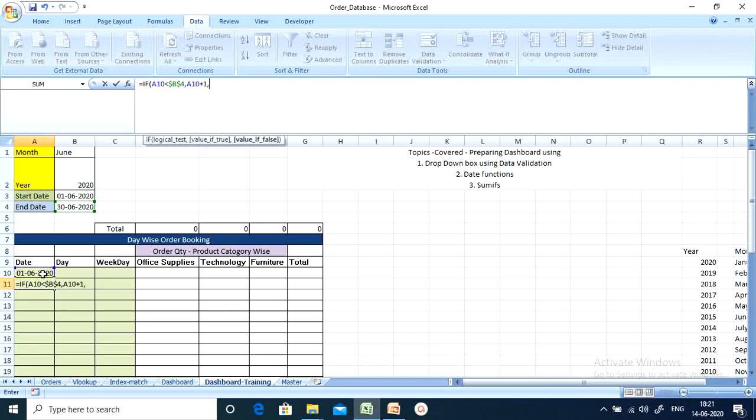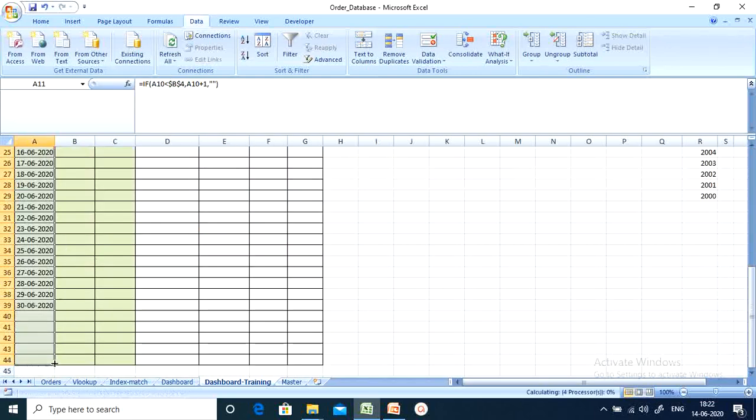If this condition is false, I want to display blank. We got the next date of the month using the IF condition formula. If my previous row's date is less than the last date of the month, it's going to add the previous day plus 1 day in the current row, else it's going to display blank.